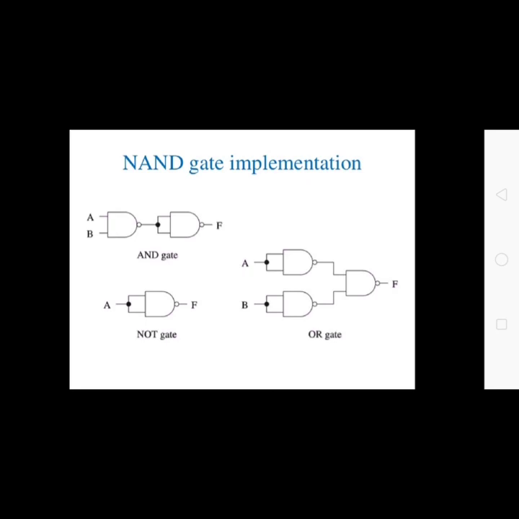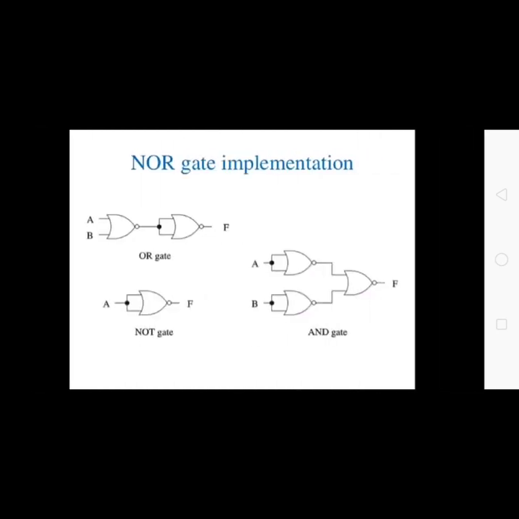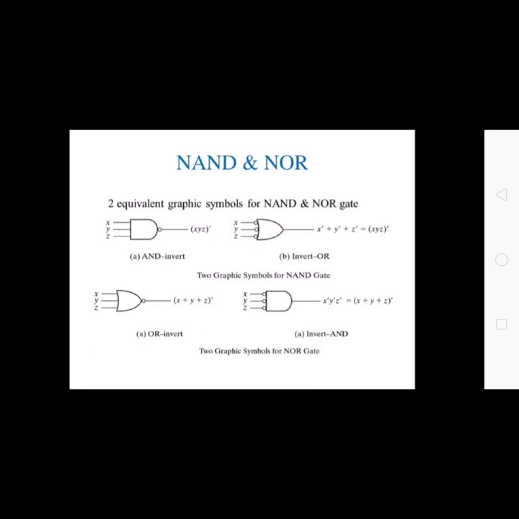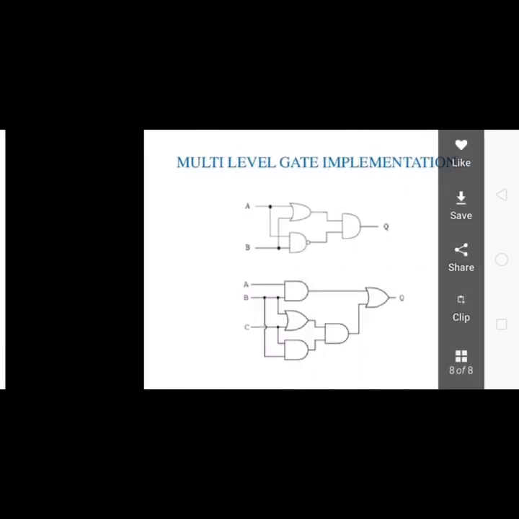We can simplify any boolean expression using NAND to NAND logic and NOR to NOR logic. So this is the NOR to NOR logic. See, in all these diagrams we have used only the NOR gate. So NAND and NOR, these are the symbols which we have written for the NAND and the NOR. Two graphic symbols for the NAND gate and two graphic symbols for the NOR gate.